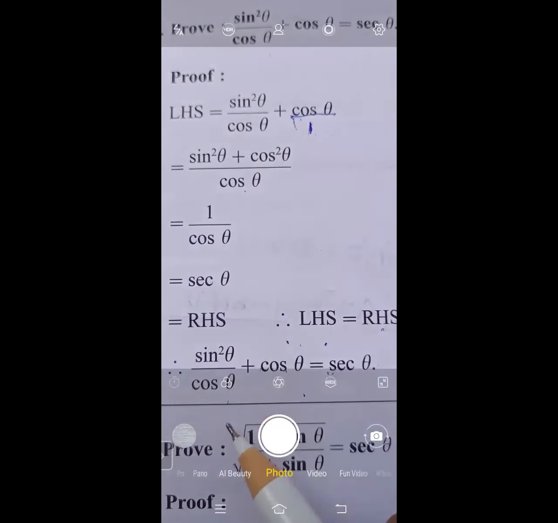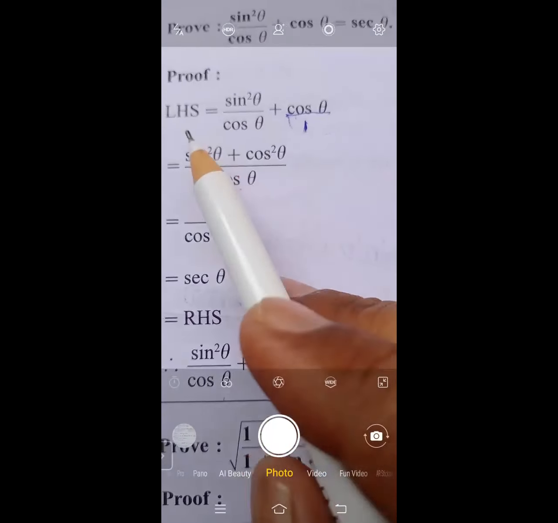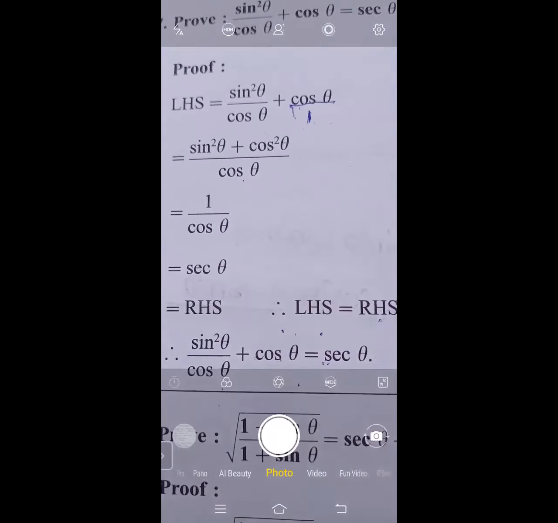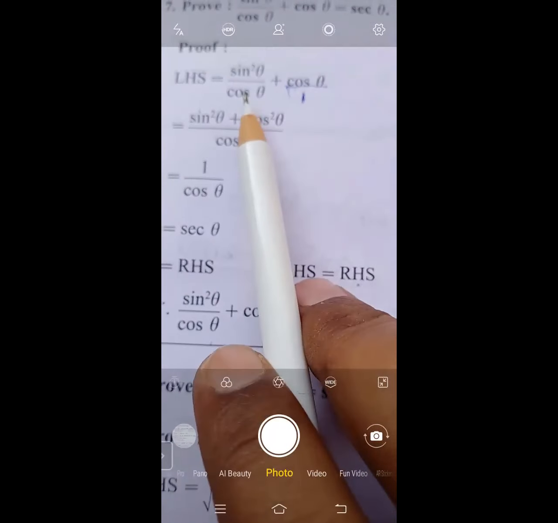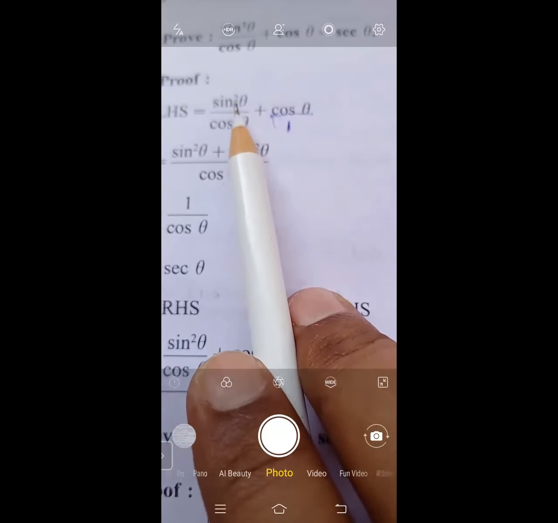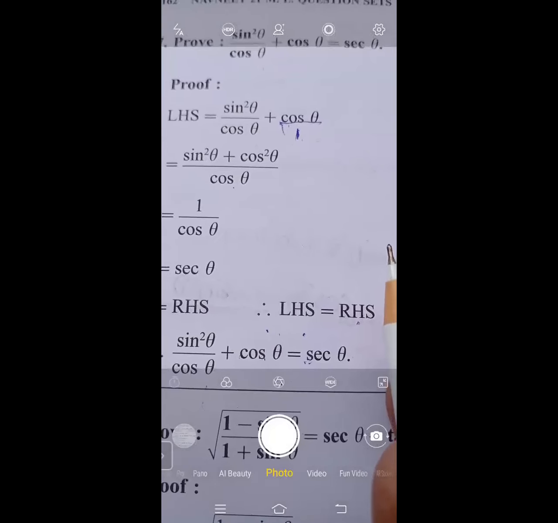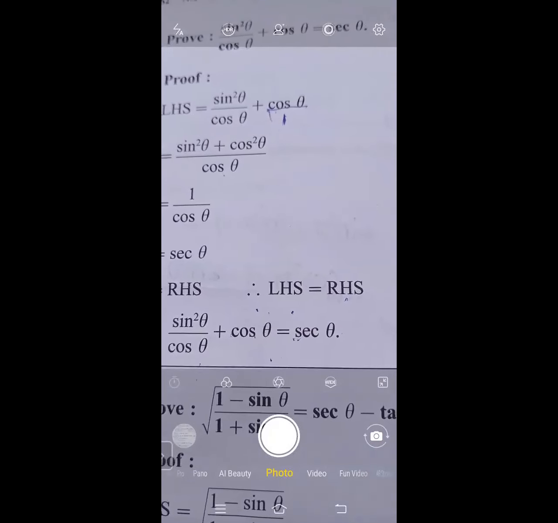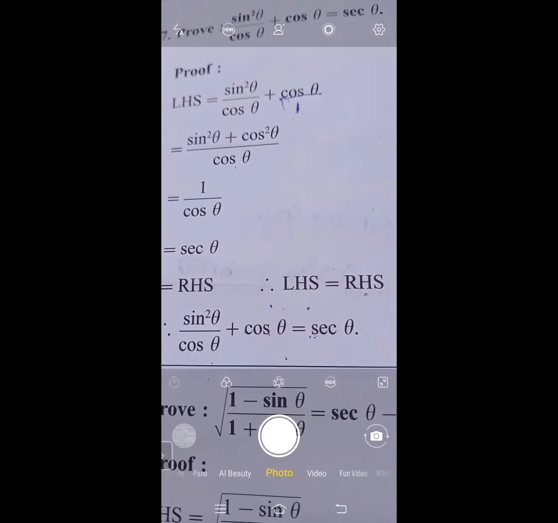Go through this sum once again. Very easy sums these are. We just have to take the LHS, use all the identities and prove the required RHS. Just follow the simple mathematics rule and get your answers done. Knowing identities is important while solving this problem. As much as you will solve in trigonometry, you will gain confidence and you will be able to solve all the answers.